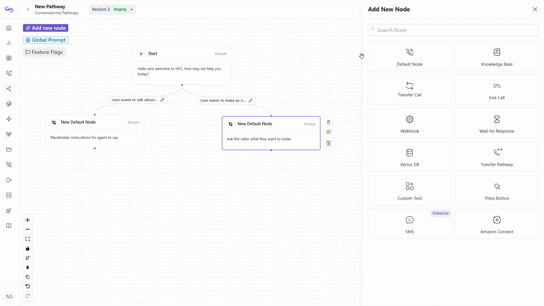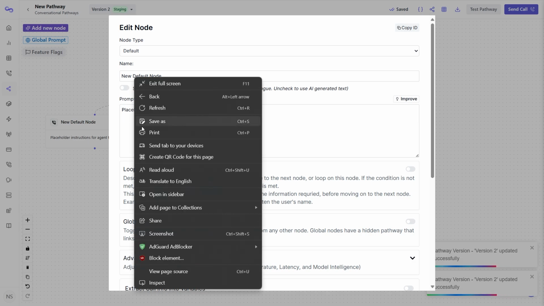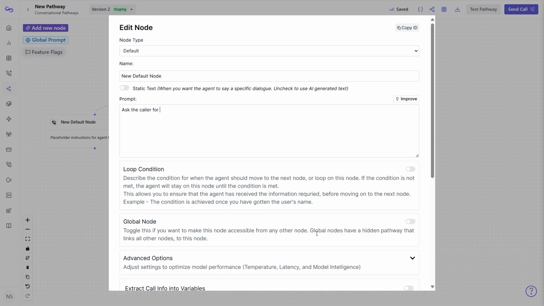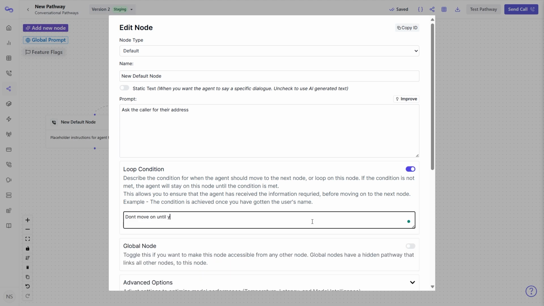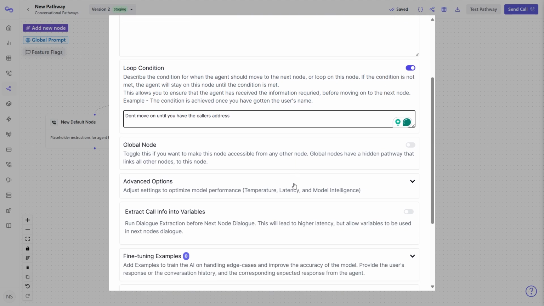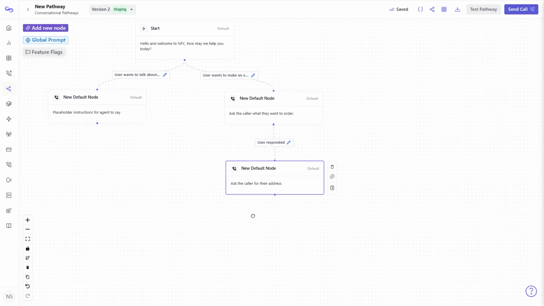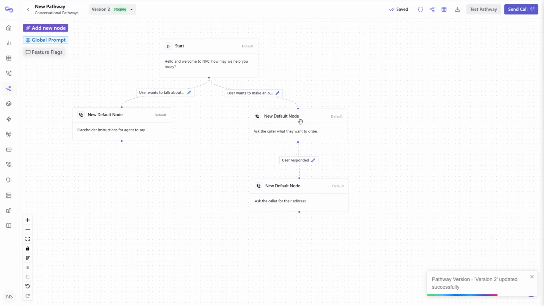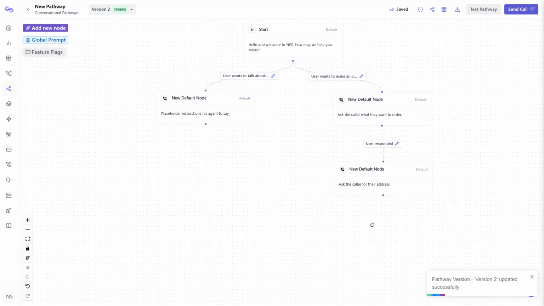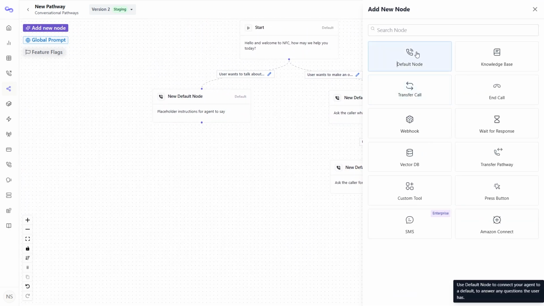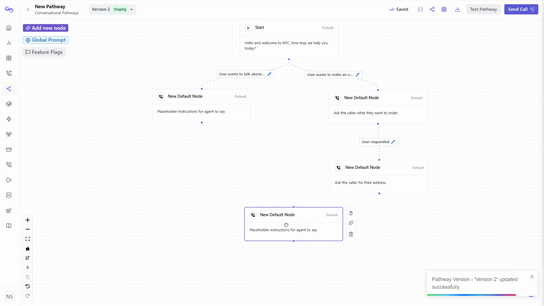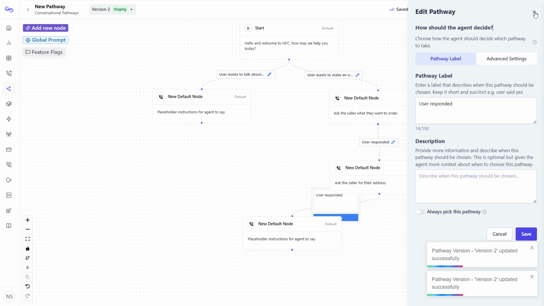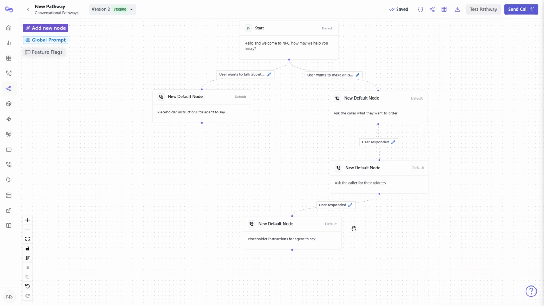We can add a new node, okay, and say ask the caller for their address, alright? That's simple. Don't move on until you have the caller's address, alright? It's really this simple. There's nothing crazy going on, okay? And then you've got the order and the address, and then you can just put this here. I'll describe the different nodes in a minute. It's a simple build, and you keep these as user response, because I've got the loop conditions working over time. So you just here and say,